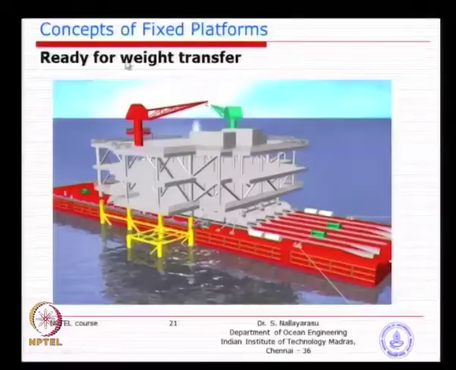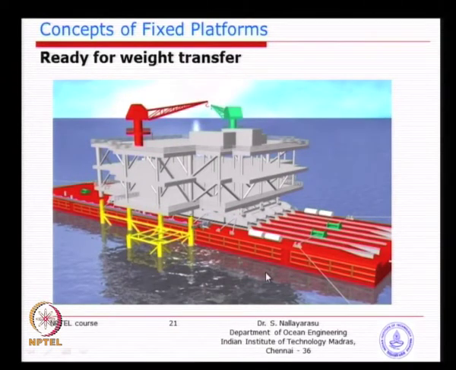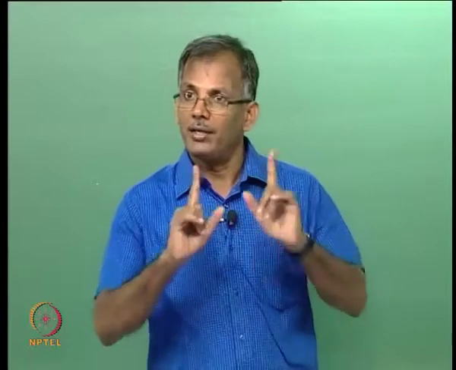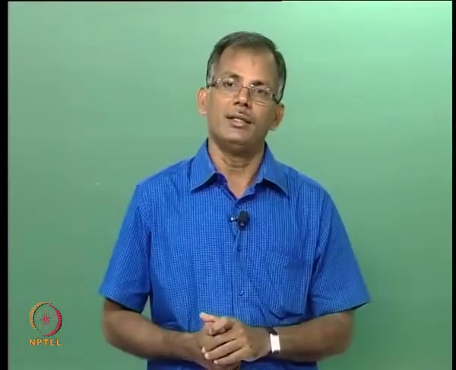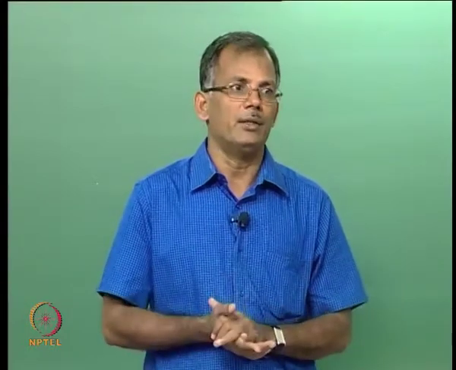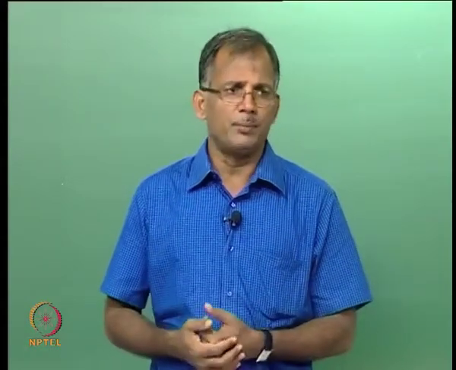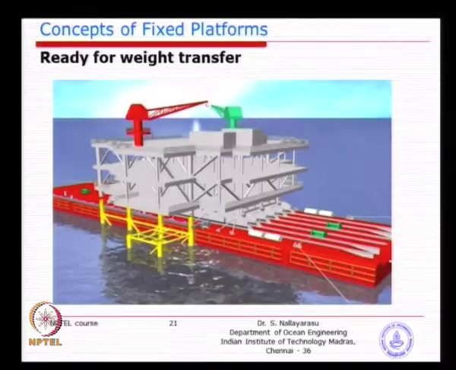So, these are the two methods of float over. One is passive float over, wherein we flood water and do the movement of the barge. Or you can keep the barge at the same elevation, with just the movement of the cargo by means of hydraulic jacks, which is called active float over. Or many times we do a combination: we have the hydraulic jacks, we have the provision for ballasting, you go to the field, and you decide according to the situation, either I will ballast or I will do the hydraulic activation, so that I feel 100% safe that a successful installation will happen. So, in most of the projects you have both of them installed.